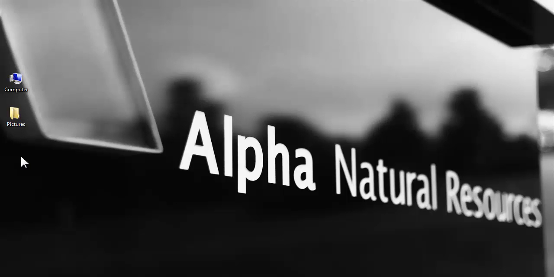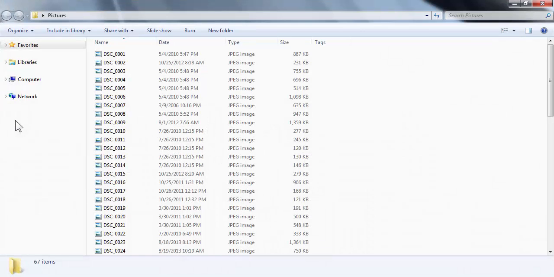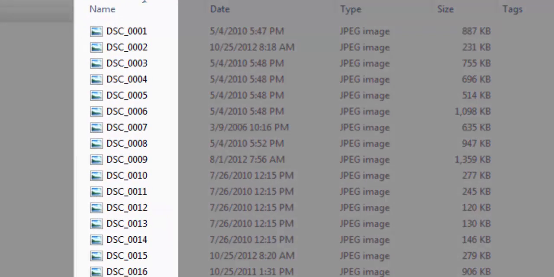So here's the situation. I have a folder on my desktop called Pictures, and if I open this up, what I've done is I've taken a bunch of pictures with my digital camera, and I've dumped them into a folder on my desktop. And the names are just terrible. They don't mean anything to me. DSC0001, DSC0018, these don't mean anything to me. So what I want to be able to do is go through here and